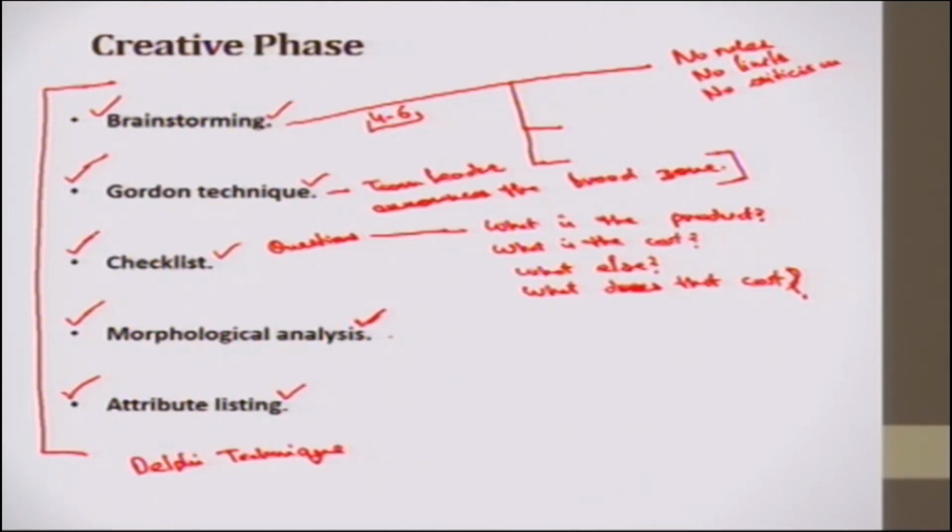Then we have morphological analysis. In this, what we do, we list the factors responsible for the product, for example, if I need to manufacture a pen, okay, I'll list the material,